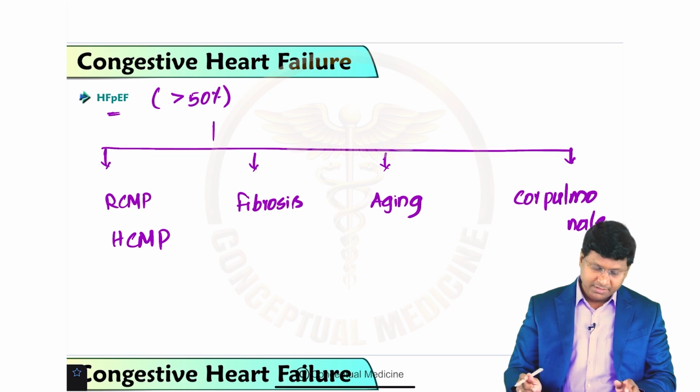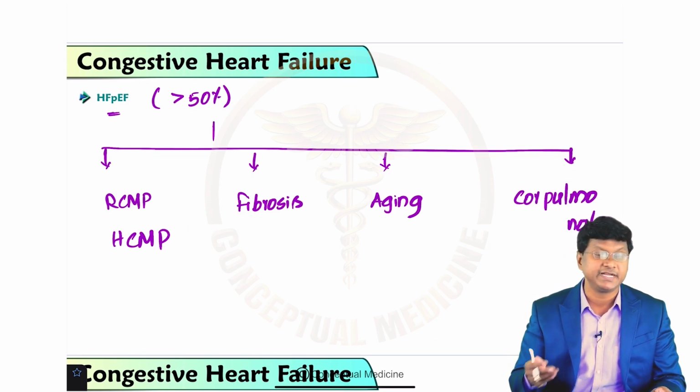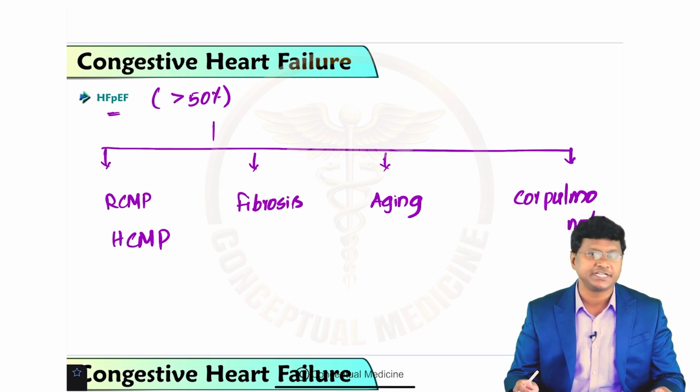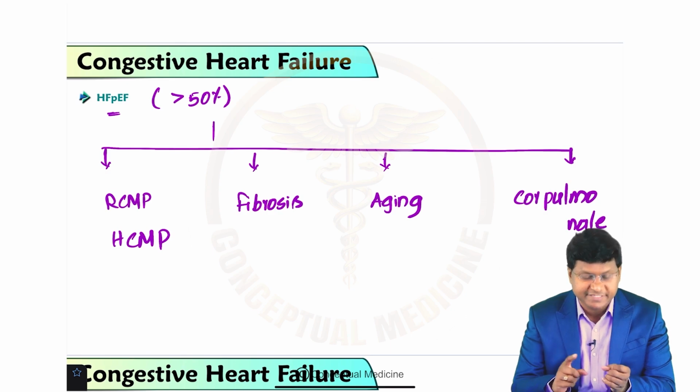So these are all the etiologies which will cause HFpEF, that is heart failure with preserved ejection fraction. After having discussed the etiology of right heart failure and left heart failure,